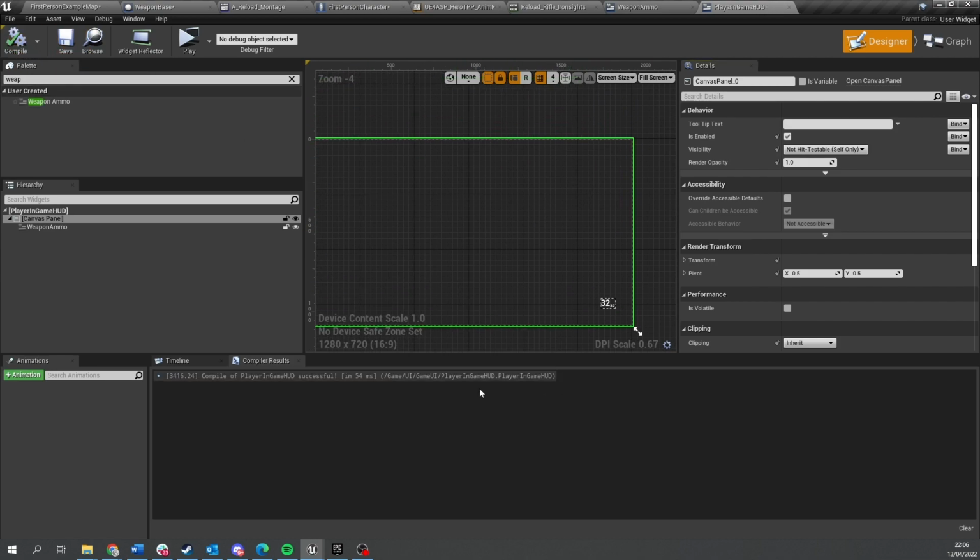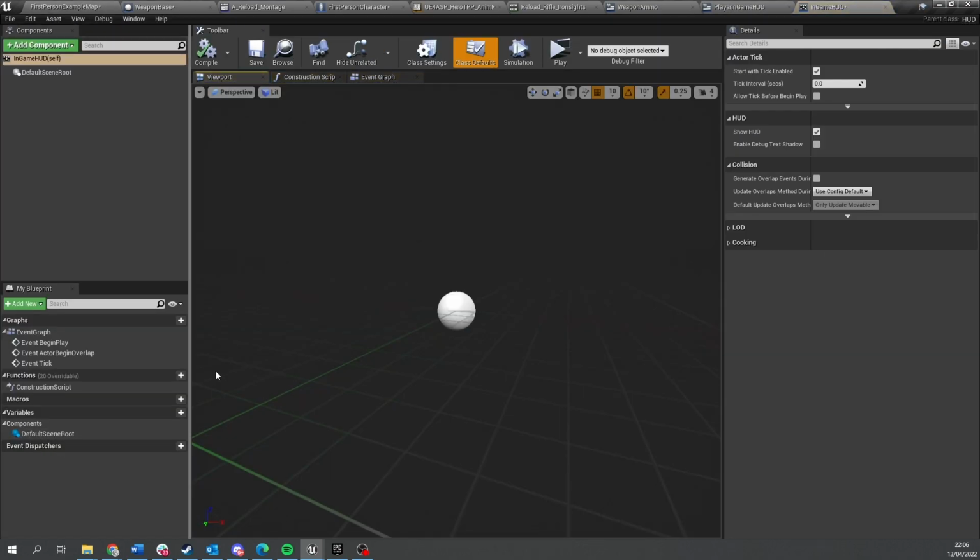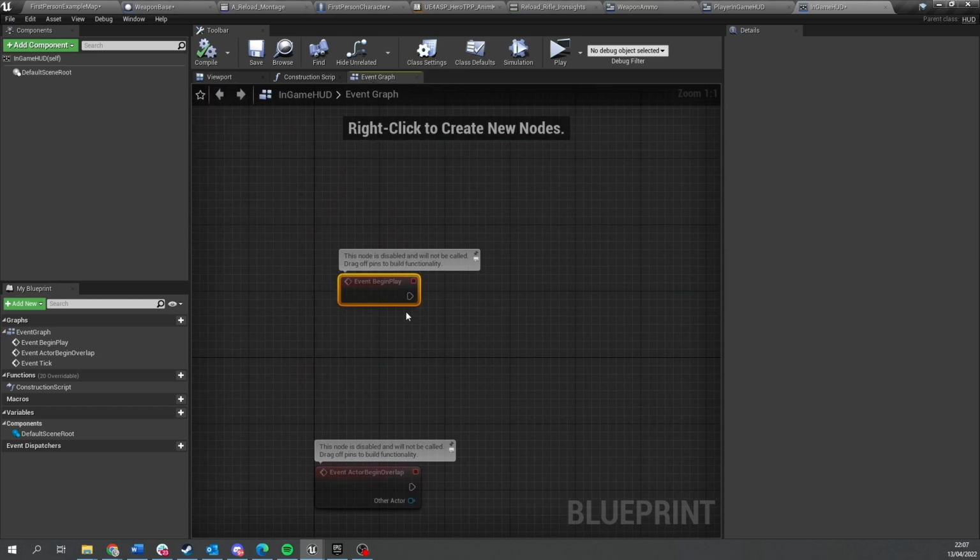Let's now put that HUD widget onto our HUD class. So let's go to folder, open up in-game HUD. The HUD class is a class that can be found on any controller, and the player controllers can display information via the HUD class. There's a few extra features that are unique just to it, but it's usually the best place to put things like anything heads-up display. So let's go to our event graph here, and on begin play, I'm going to do create widget